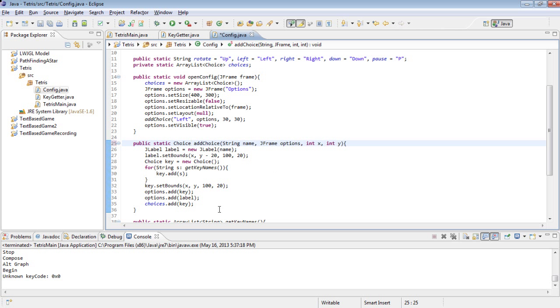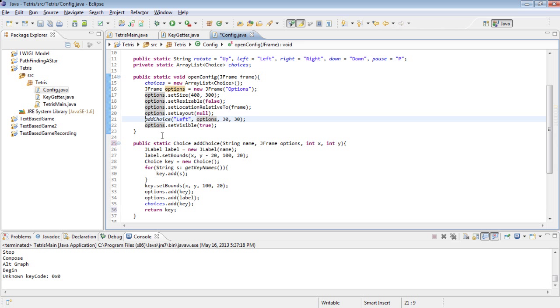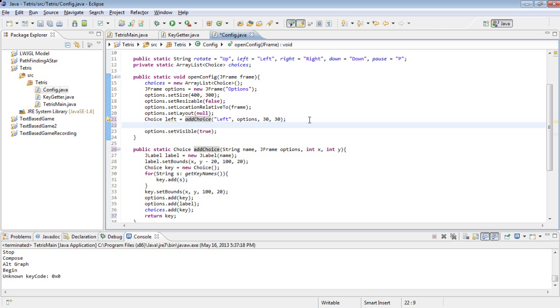Choice, return key, and that way we can set it to the right one. So choice left equals add choice, then left dot set